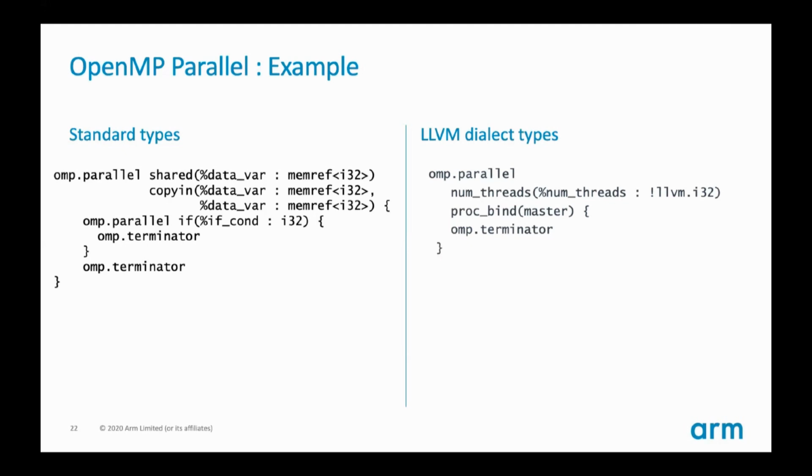Another follow-up question is: Do you intend C to also move in this direction of MLIR? Do you think that OpenMP should be placed in MLIR as well? Sorry, could you repeat that question? Yeah, sure. Do you think that the whole OpenMP infrastructure should be moved to MLIR? Like, would you argue that the future of OpenMP in LLVM should be moving to MLIR?